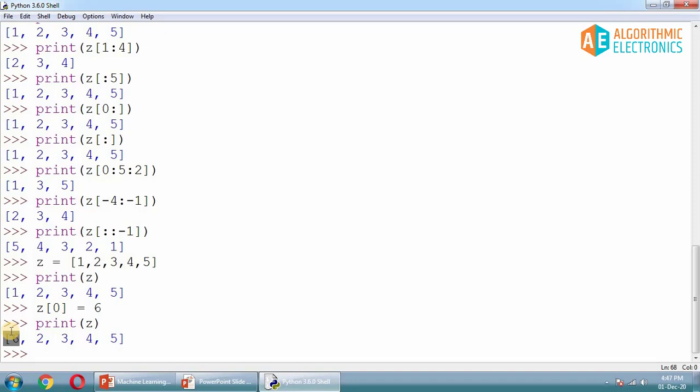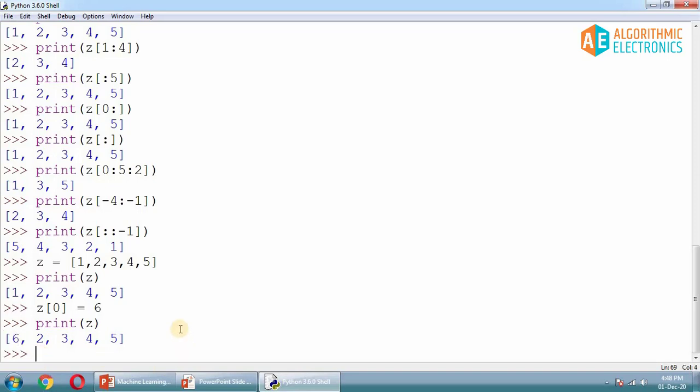We have proved that list allows duplicate elements. We have proved that list is ordered and indexed, and now we have proved the last and final property of list, that is, the list is changeable. We can change the value of a particular element. In terms of changeability, one parameter is that you must be able to change the value of a particular element inside the list, and secondly you must be able to add additional values inside the list, and delete some values from that list. That we will discuss in future.